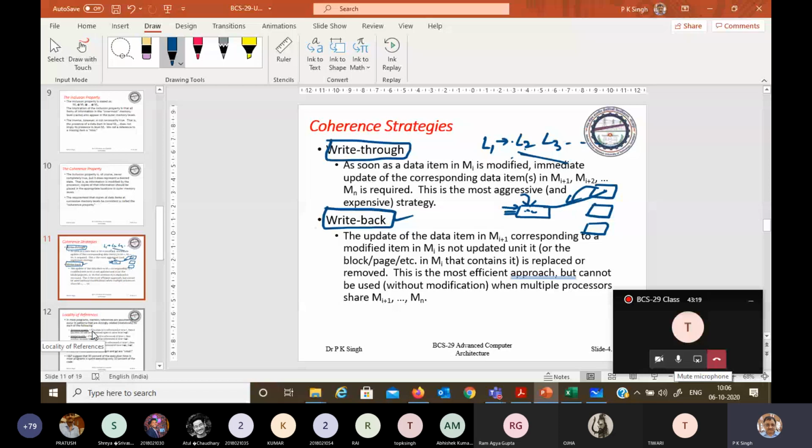Now again, just see how we keep the active portion of the program. What is the technique to keep the active portion of the program in the cache memory, to get the maximum information from cache only to speed up the process? For that, we use a property of program execution that is called locality of references.